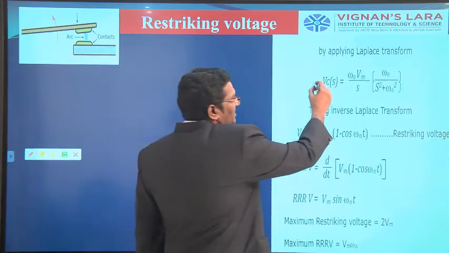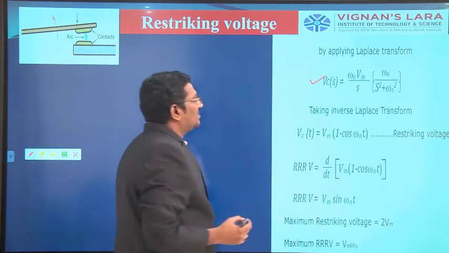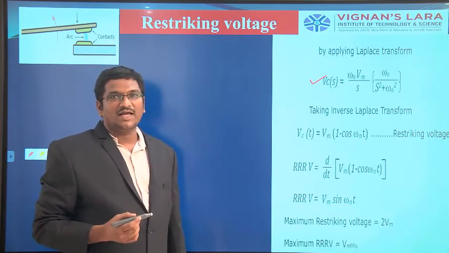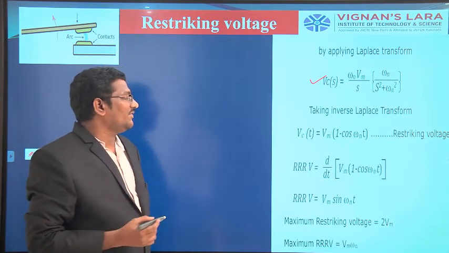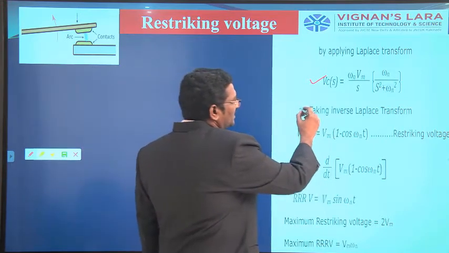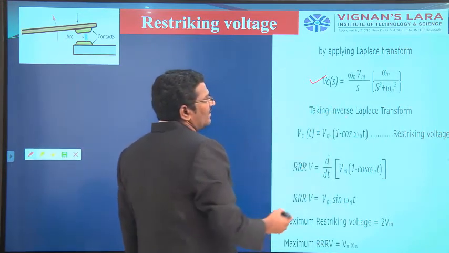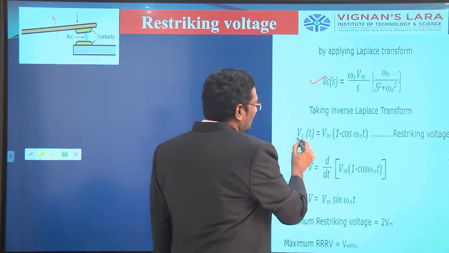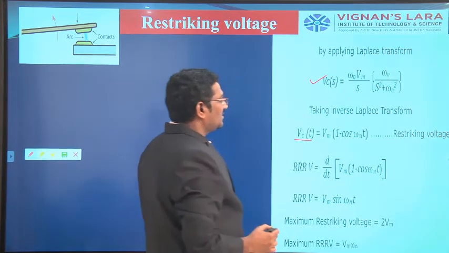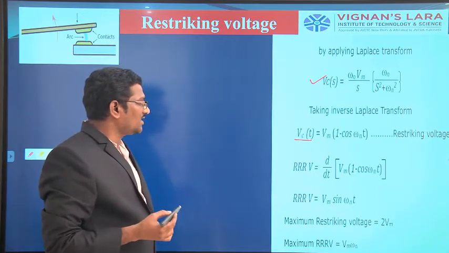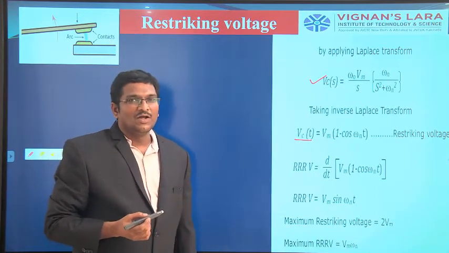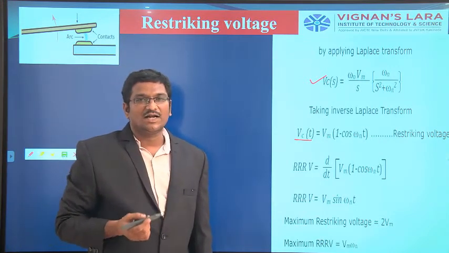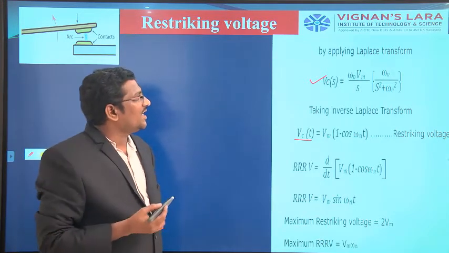So now, this is the complex frequency domain voltage across the capacitor. Then we need the voltage as a function of time, so we need to apply the Laplace transform on both sides. Then Vc of S corresponds to Vc of t, the time domain voltage across the capacitor. The voltage across the capacitor is the voltage that appears across the circuit breaker contacts. So that voltage is called the restriking voltage.